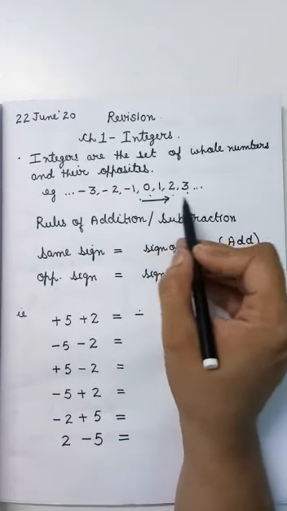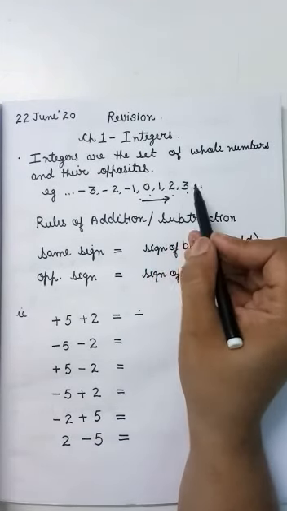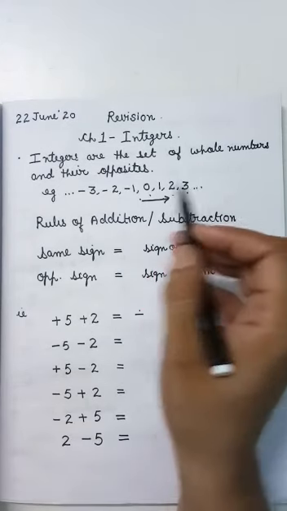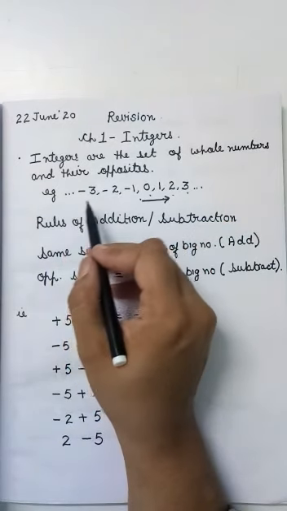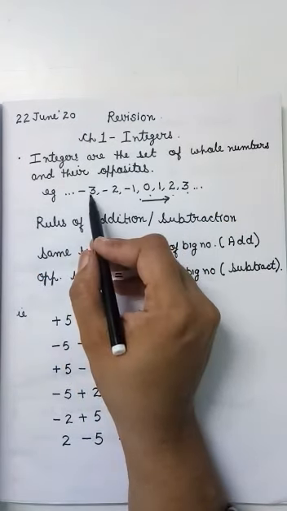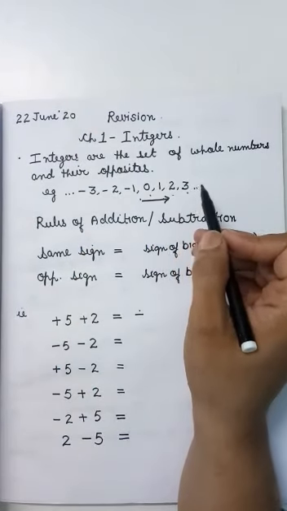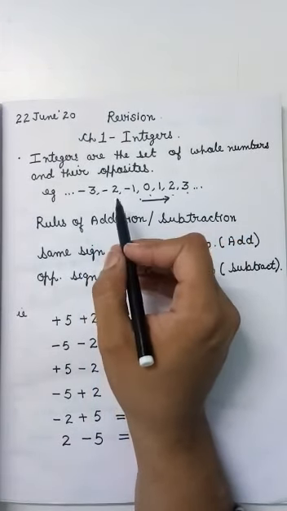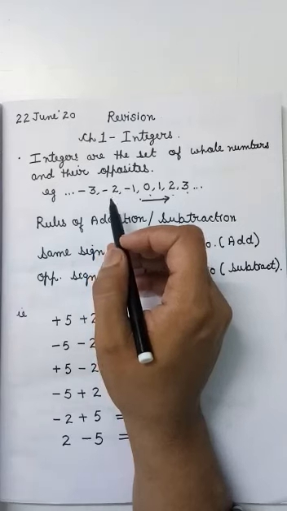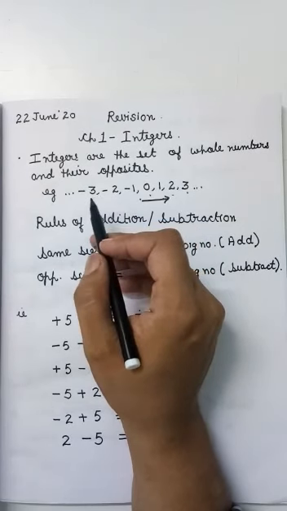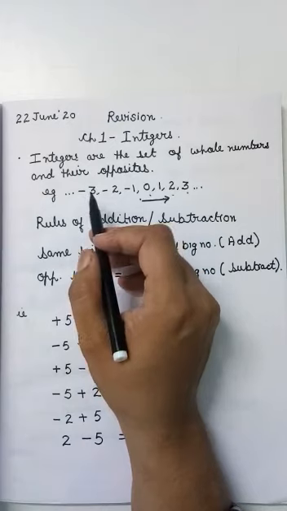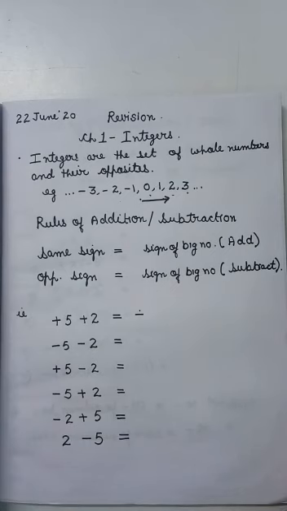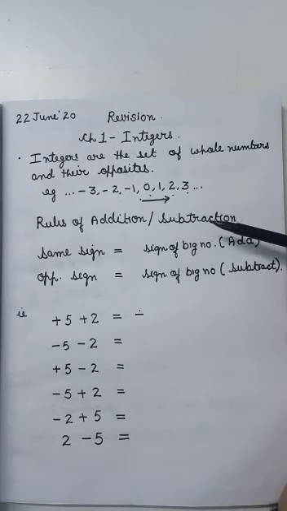It increases, the value increases as we go towards the right. Means आपका 3 जो है 2 से लेफ्ट राइट साइड में है, तो 3 की वैल्यू 2 से बिग होगी. सेम वे एज वी गो टूवर्ड्स द लेफ्ट, द वैल्यू गेट्स स्मॉलर. So in case of 2 and 3, the 3 is the greater number and 2 is the smaller number. But in case of -3 and -2, which number is big? The bigger number is -2. -2 is greater than -3. -3 की वैल्यू जो है वो स्मॉल होगी -2 से. Get it class? Okay. Now let us revise some rules of the addition and subtraction.